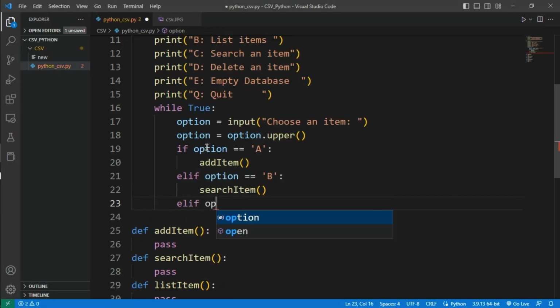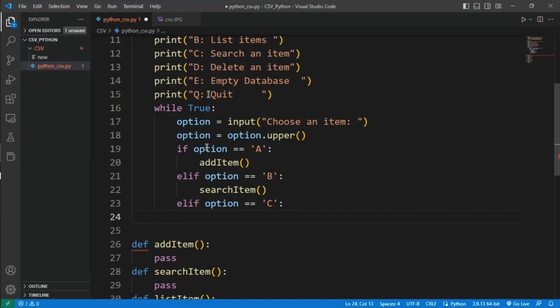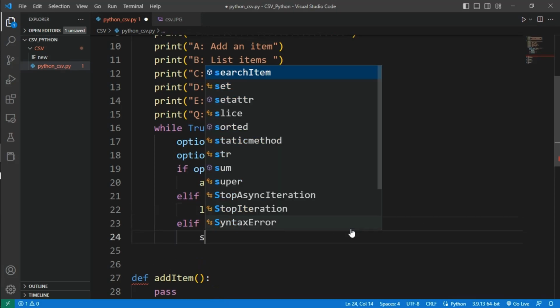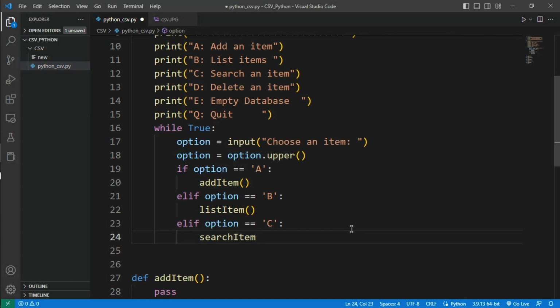If option is C, oh, just 1 second, list item, no. The A is add item, then B is list item. So B is list item, and C is search item,